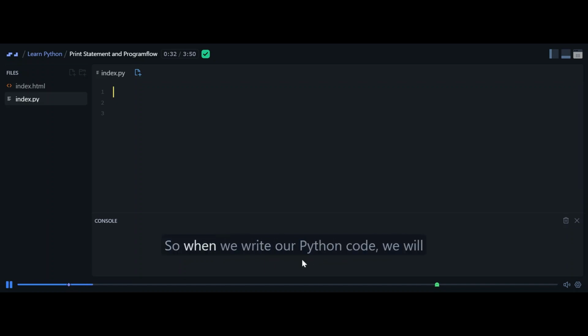So let's get started. When we write our Python code, we will often want to see if it's working, if we're getting the numbers that we're expecting, and so on. The way we often do that is to output data down into the console. This is the console area at the bottom. There isn't any data down there right now, but we're going to print it. To do that, we use the print command, which looks like this. Inside the print command, we put some quotation marks, either single or double, and then we type whatever string we want to output. So in this case, we'll say,